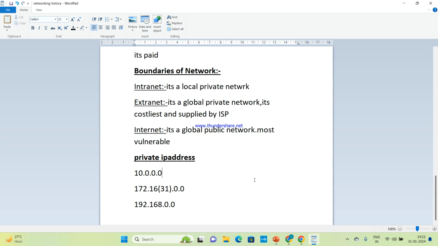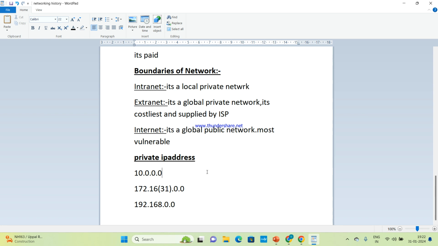These three are private IP addresses. Other than these three, what is public? Other than these three will be public IPs. So these are the standard IP addresses.